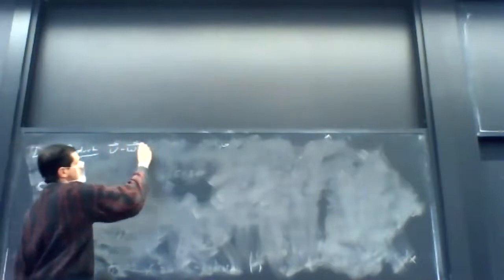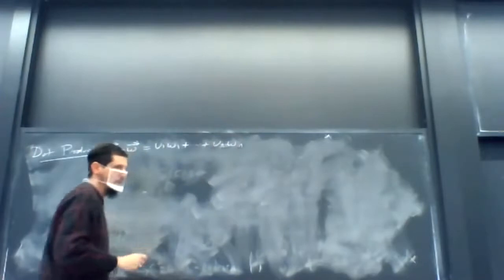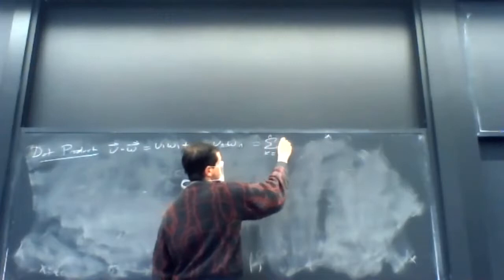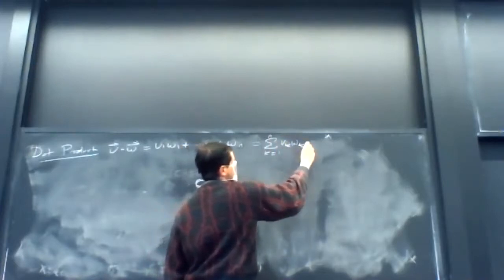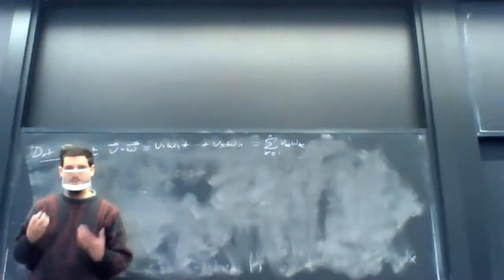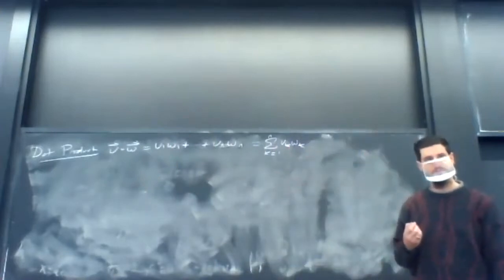So we have the dot product. V dot W is V1 W1 plus ... plus Vn Wn. We can write this with summation notation as the sum from k equals 1 to n of Vk Wk. We can define anything we want in mathematics. Most definitions are worthless. This turns out to be a good definition. Now, the big theorem we have